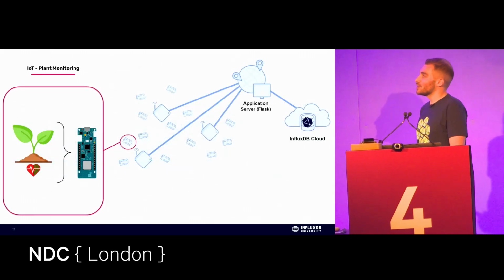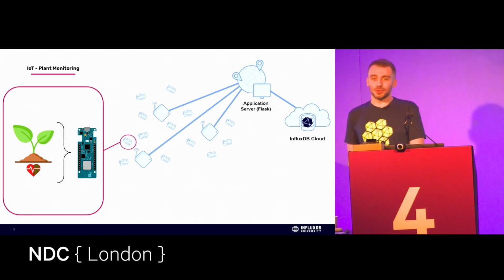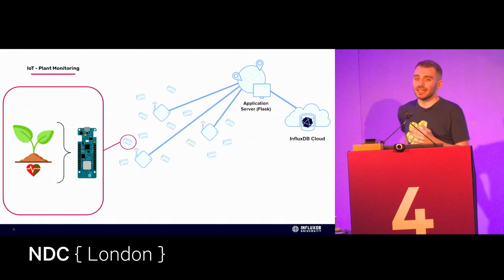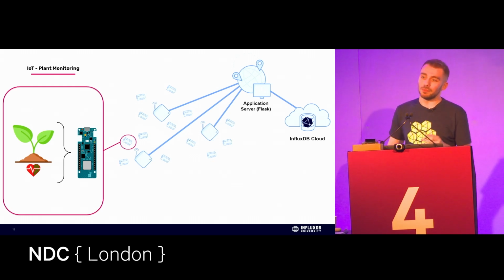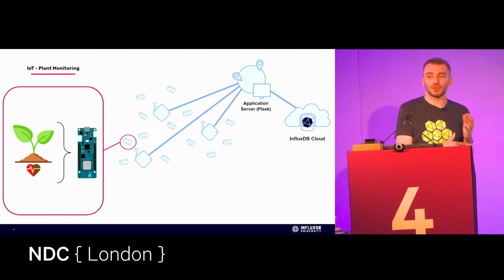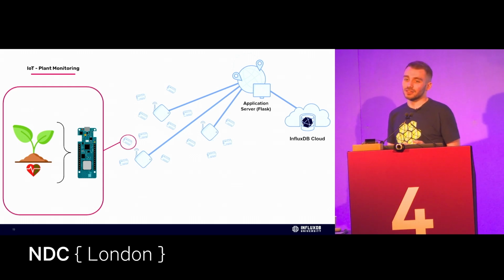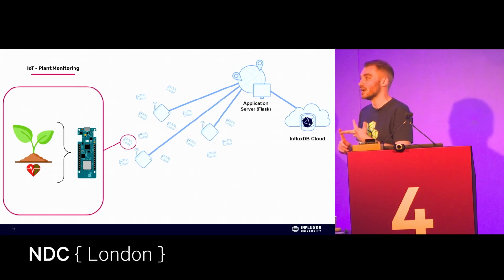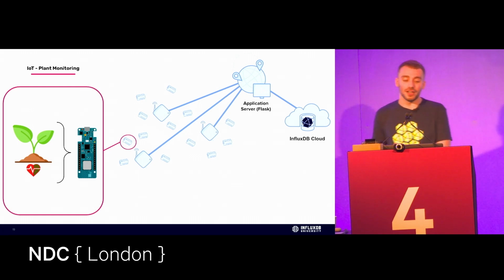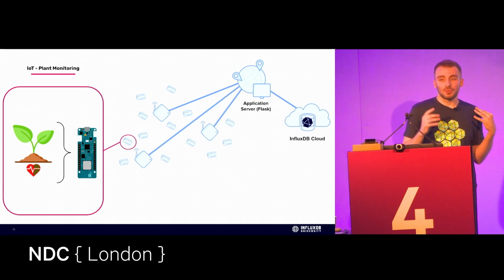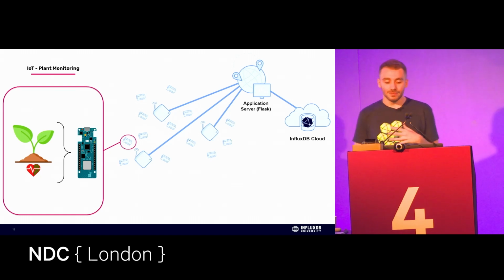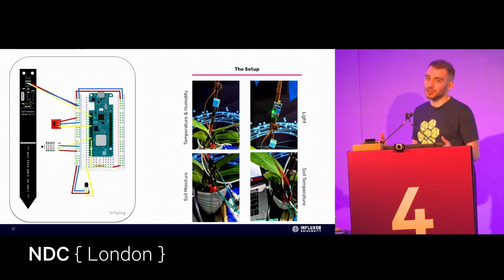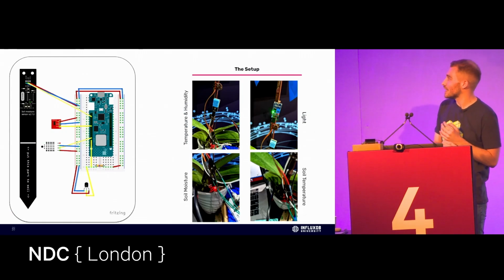So first was IoT plant monitoring. I thought this was a really cool use case, and we called this Plant Buddy. This allowed you to take an Arduino device and hook up a bunch of sensors to monitor your common household plants. We monitored the moisture levels, the temperature, and the humidity, all with a device that cost around 30 pounds. We then processed that time series data directly into InfluxDB, where we could visualize and perform notifications on that data.